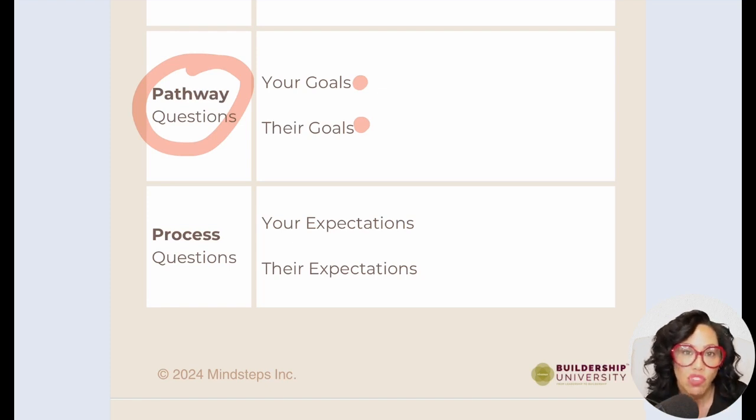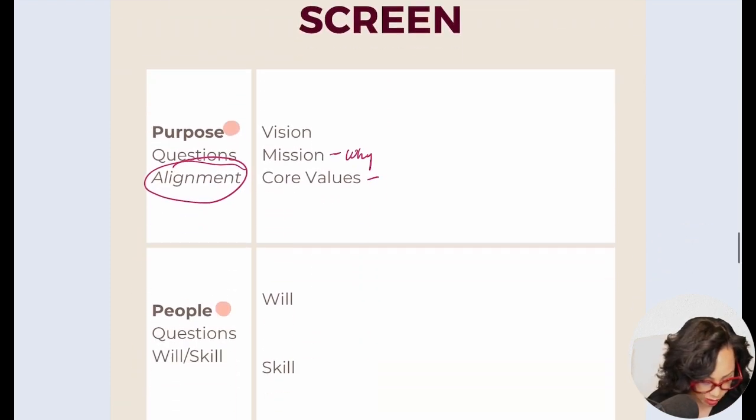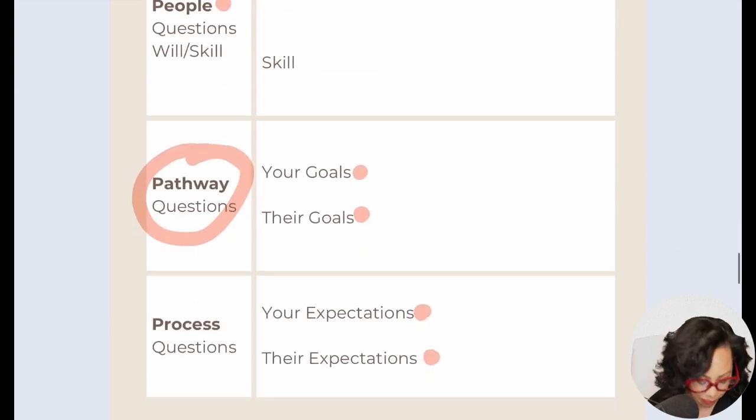It's really important to make sure that we're a good fit and that they're going to be a good fit for our culture. We don't spend enough time talking about expectations during the interview process, and we get people hired, and then we start talking about expectations when it's too late. You should be doing that in the interview process. Okay, so that's the screening: purpose, people, pathway, plan.